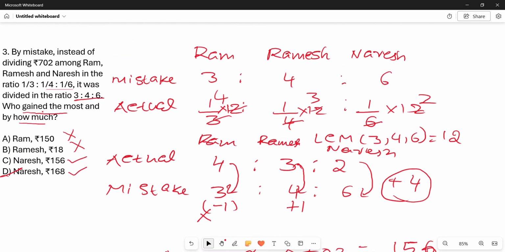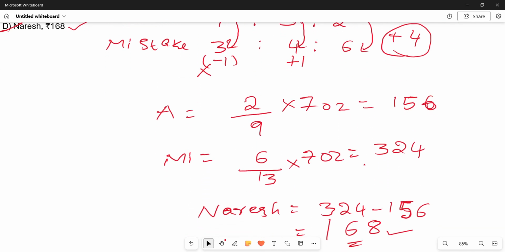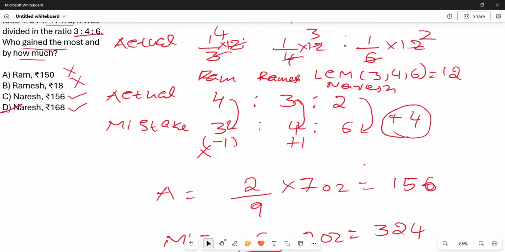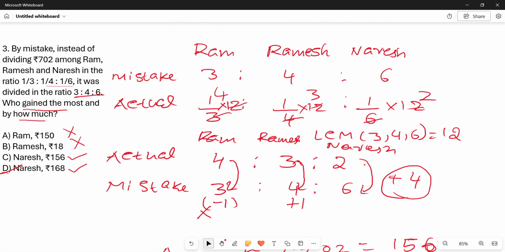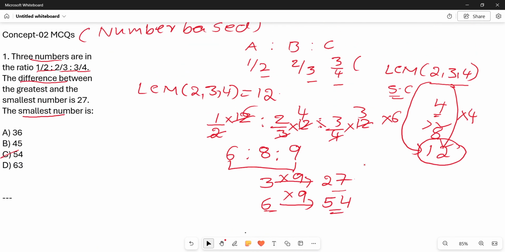In this question, it's very simple, guys. First take the mistaken values 3, 4, 6 and then the actual values, find the new ratio. After that, see how many parts he has gained over the actual. So Naresh gained 324 minus 156. Practice these questions; these three are the main questions most asked in competitive exams on ratios